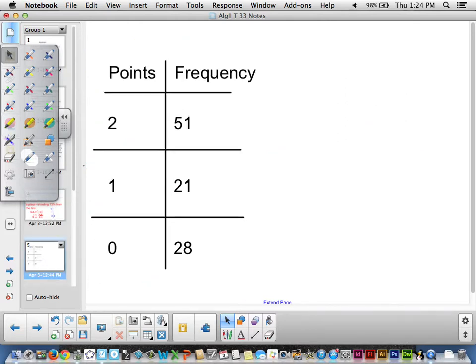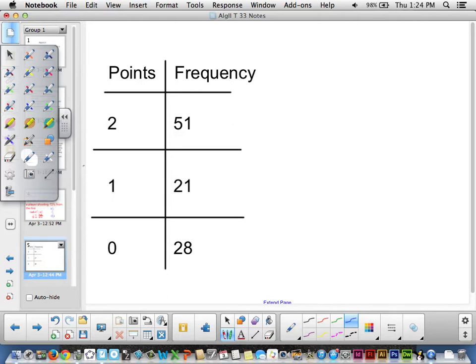And when we run the simulation 100 times, we see that he has scored 2 points 51 times, 1 point 21 times, and 0 points 28 times. So, what is the average number of points? Well, he